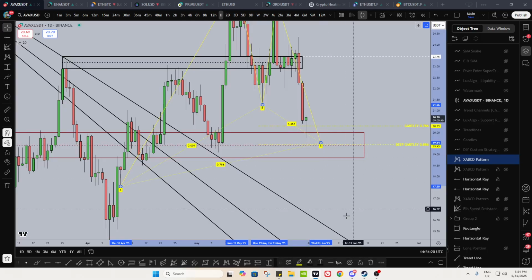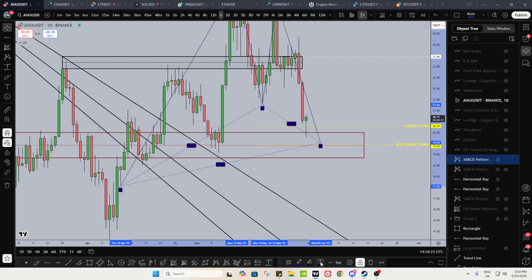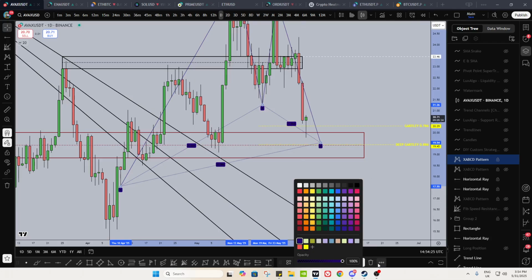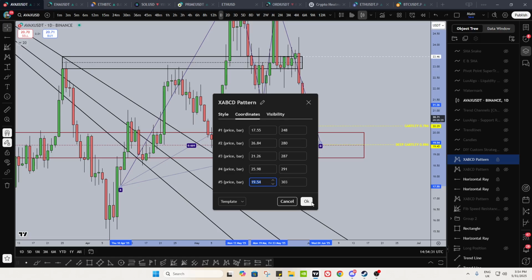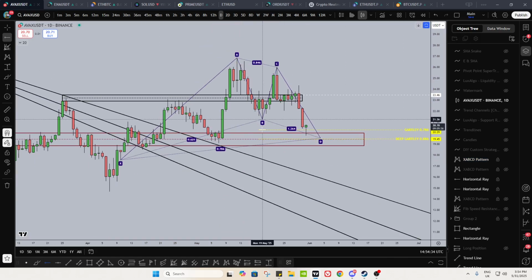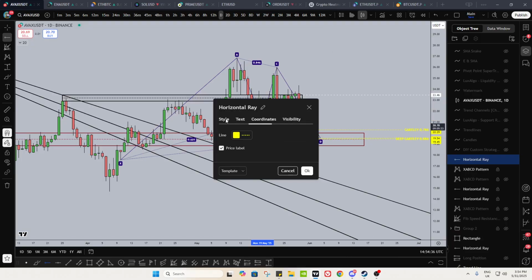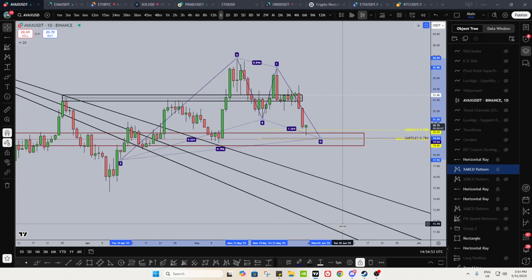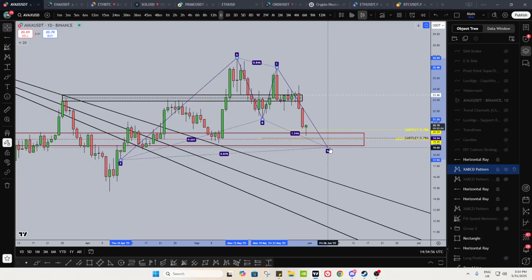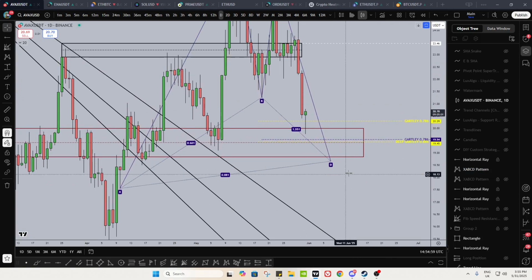So for example, here is a 786. So here's another Gartley, and I'm going to change the color of this. And then this is your Gartley 0.786. Here we go. And then of course you can pivot this to the deep Gartley as well, which would give us a slightly deeper level now of around here.